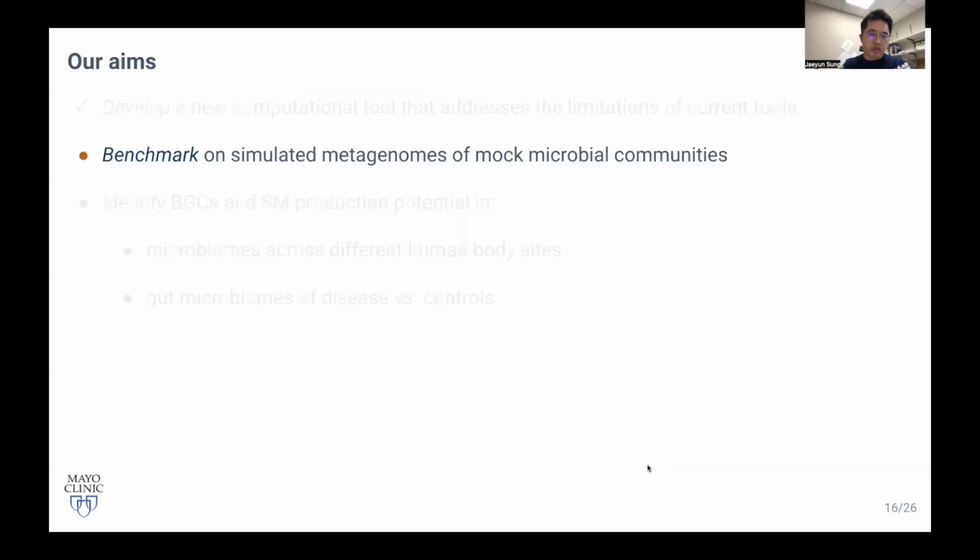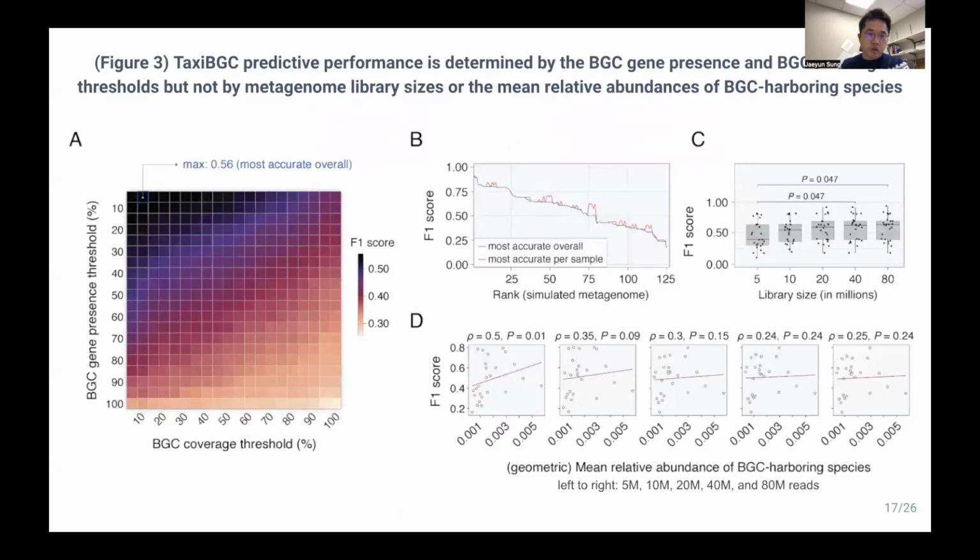Now, of course, building a new tool, we need to benchmark it against simulated metagenomes, where we know all the answers beforehand. We first need to do some parameter tuning, then see what the prediction algorithm is robust against, and then test prediction accuracy. So I skipped over this when talking about TaxiBGC in the earlier slides, but our method does use 2 crucial thresholds: the minimum